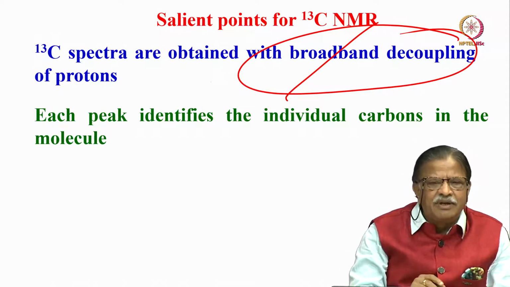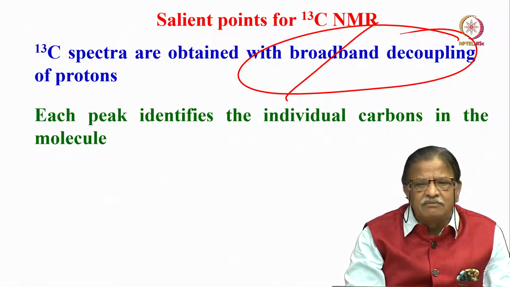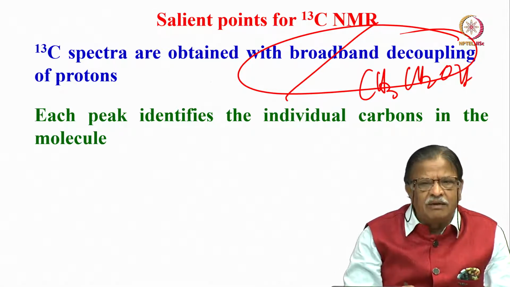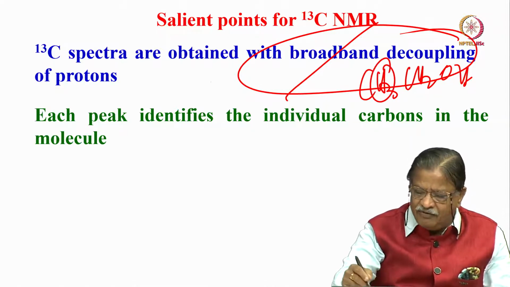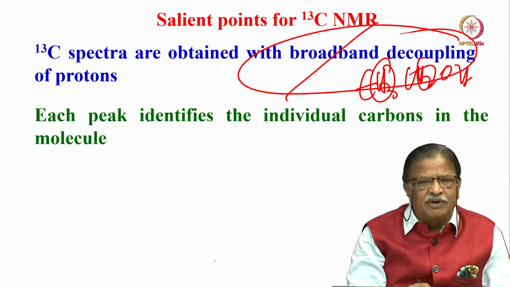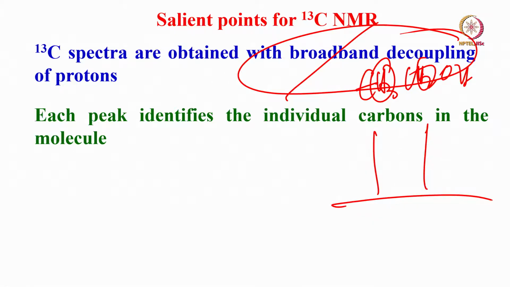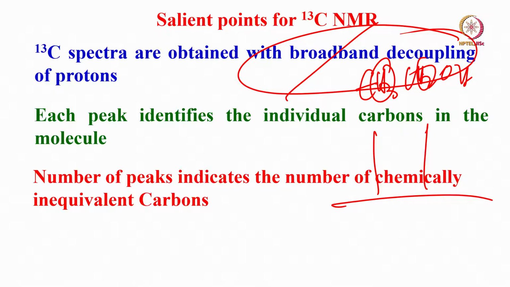Then what will happen? There is no coupling of carbon with proton at all. What does it mean? If I have CH3CH2OH, ethyl alcohol, and I look for carbon 13, I break the coupling of carbon with protons. So that means there is no coupling between carbon and proton. For CH3 I get one peak, for CH2 I get one peak. That's all. It means for each chemically distinct carbon we get only one peak. So if there are n number of peaks, you can simply say there are n carbons present in the molecule. That is the simple thing. A salient point of carbon 13 NMR is that it is recorded with broadband decoupling, removing all the proton-carbon couplings.